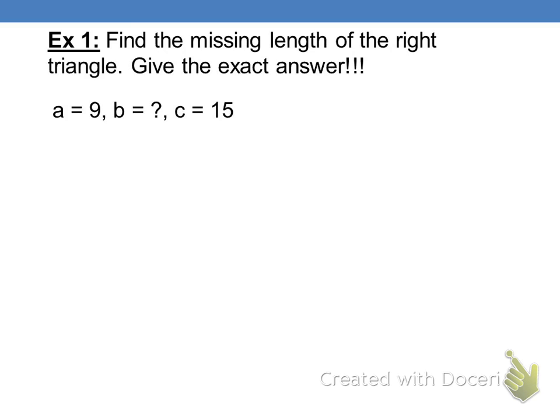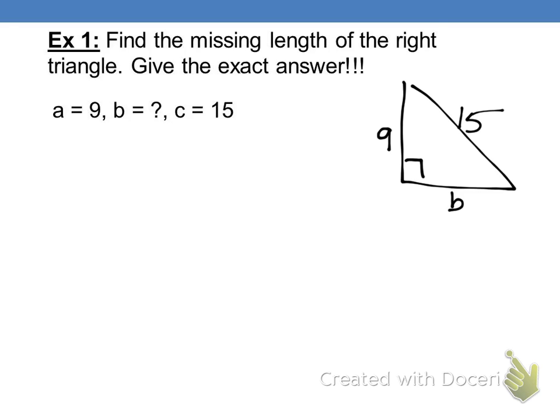All right, here's example 1. So sometimes you'll be given a picture of the triangle. Sometimes they'll be listed out like this. I'm going to show you what the picture would look like, just in case you ever have to do it. I mean, on the homework, I know there are some with the picture of the triangle and some where it's listed out. In picture form, the 9 would be one of the legs. This would probably just say B, and then the 15 would be over here. Okay? But we do it the exact same way.